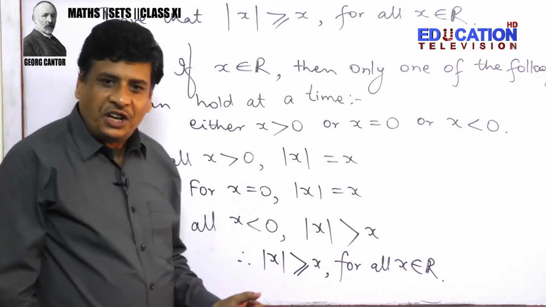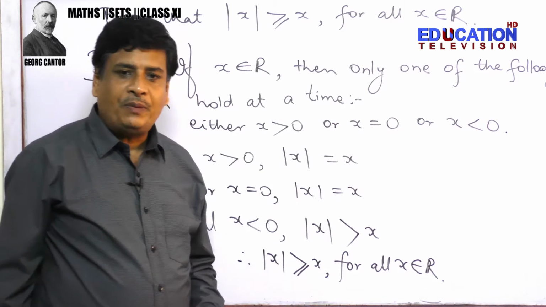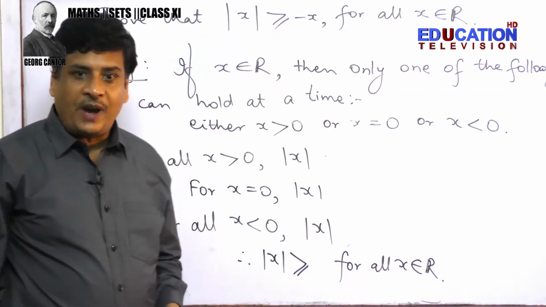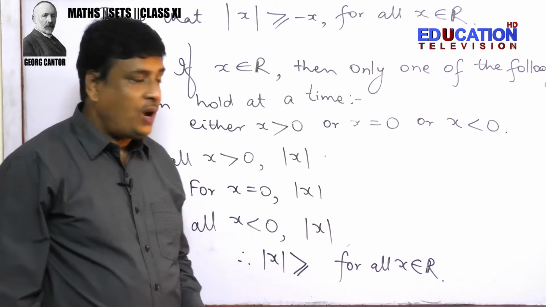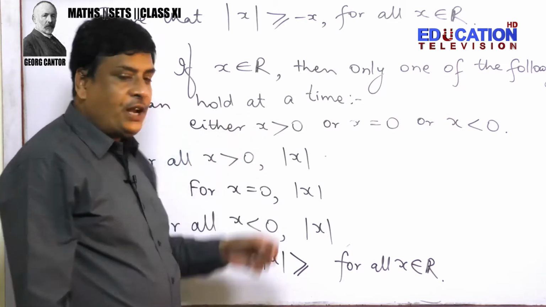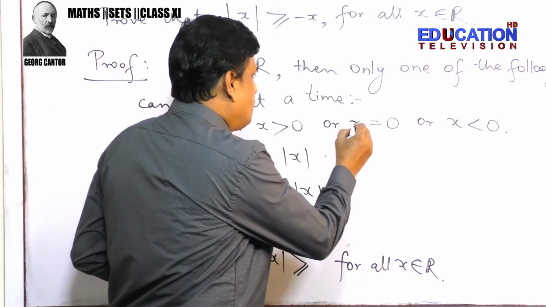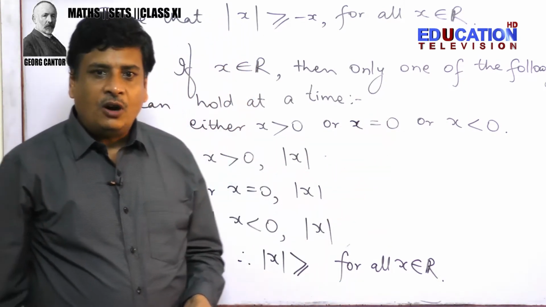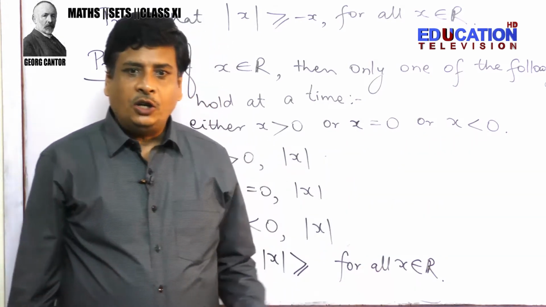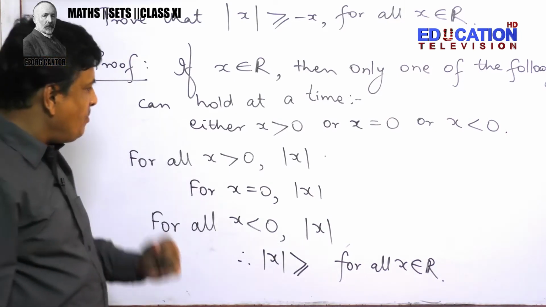In case x is negative and we are comparing modulus x and x, then modulus x will be greater than x. Also prove that modulus x is greater or equal to minus x for all x belonging to R. If x is a real number, then only one can hold at a time, whether x is greater than 0, means the real number lies on the right side of 0 or at 0, or it lies on the left side of 0. If x is greater than 0, if the number is positive